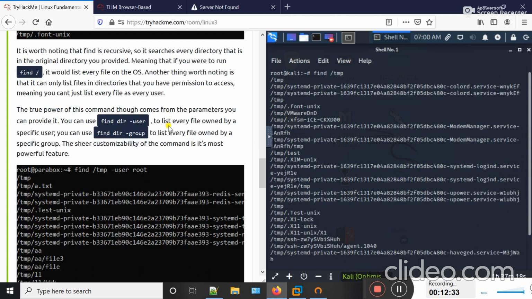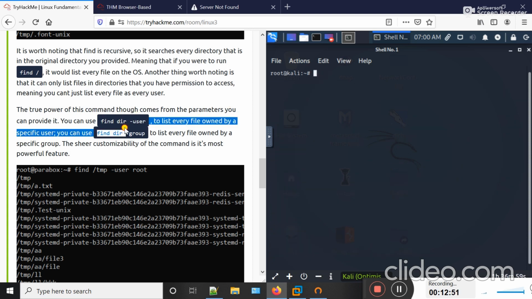Okay students, by using the find command, you can use find dir and -user to list every file owned by a specific user. If you want to show a specific file that is owned by a specific user, you can use this syntax. Okay guys, if you want to list those files that are owned by a specific group, then you can use this syntax, find dir and then -group and the group name.